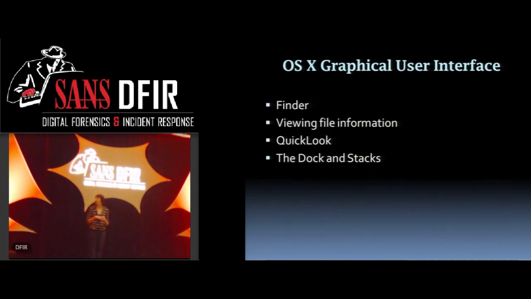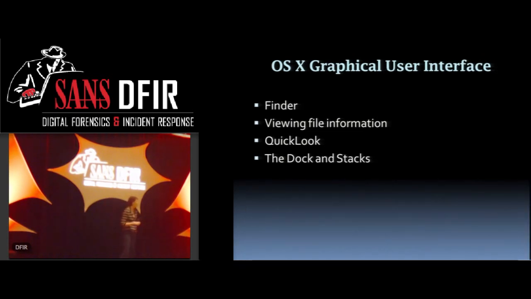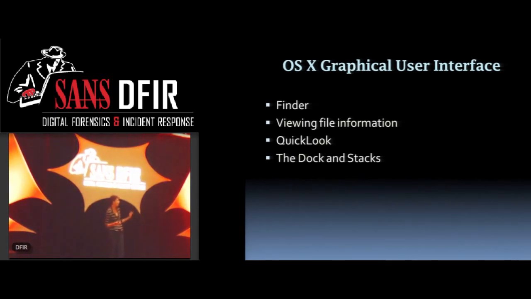So the graphical user interface, I'm going to talk about Finder, viewing the file information, what Quick Look is, and the docs and stacks. Because these are parts of the graphical user interface in OS X that are going to contribute data to this database, or not. I'm just going to let you in on a secret. Quick Look is up here because the database is called Quick Look Thumbnail Cache, but Quick Look actually has nothing to do with it, except the fact that when they introduced Quick Look into the operating system, they started making this database. But it's really just tracking Finder